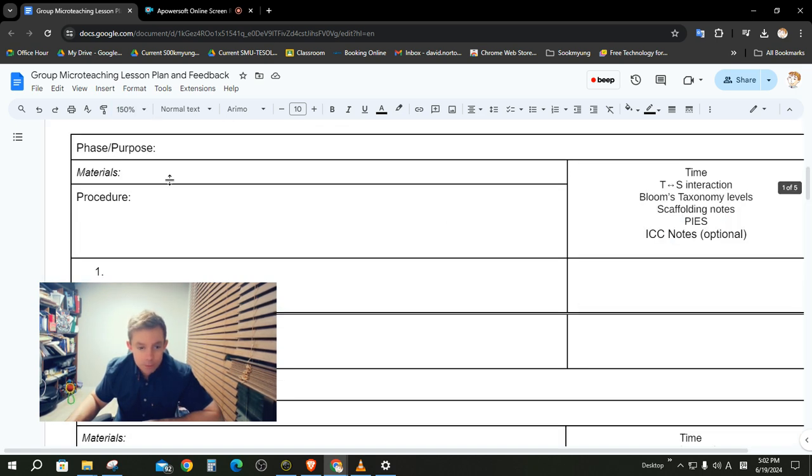Which brings us to PIES. In my next class with you, we're going to talk a lot about PIES, which is basically one of Kagan's most useful structures for cooperative learning. We'll talk about what those letters stand for, PIES, and by the time you turn this in to me, you